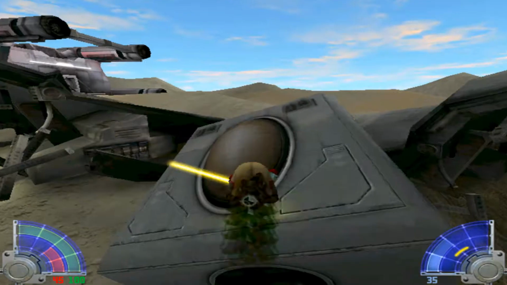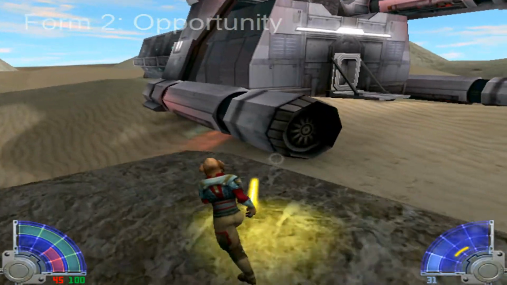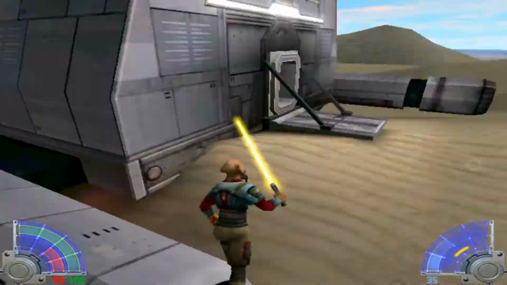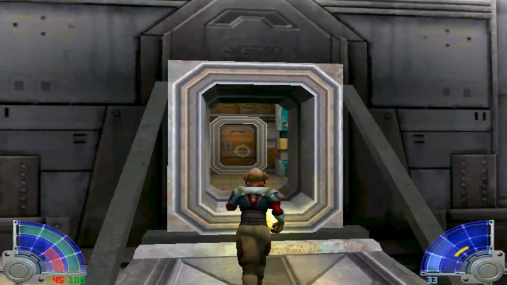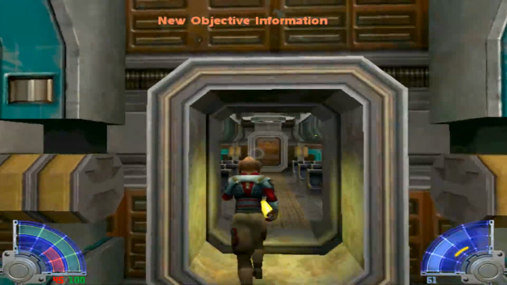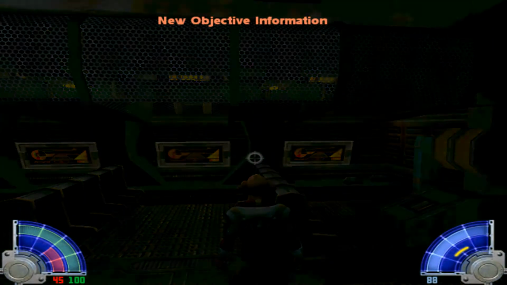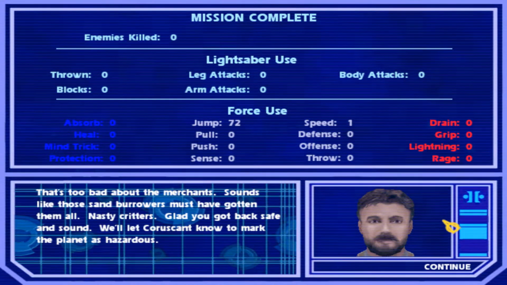Form 2 is all about opportunity. It's all about small taps on your opponent's lightsaber when they come in to redirect their line of attack. You're using their own momentum against them, basically. Someone that's really well known for this is Count Dooku. He really likes to...